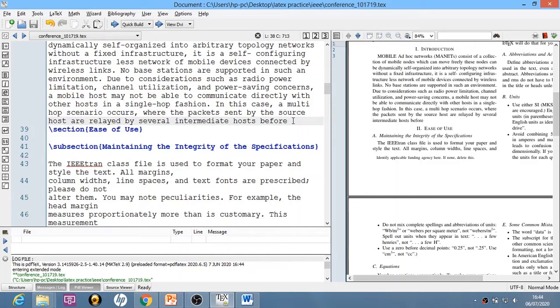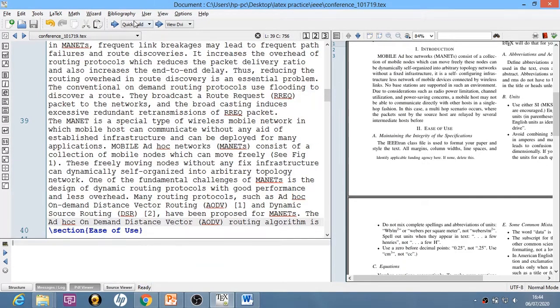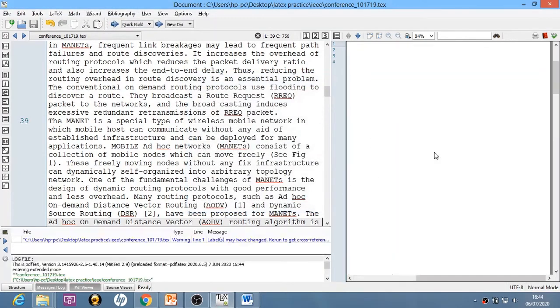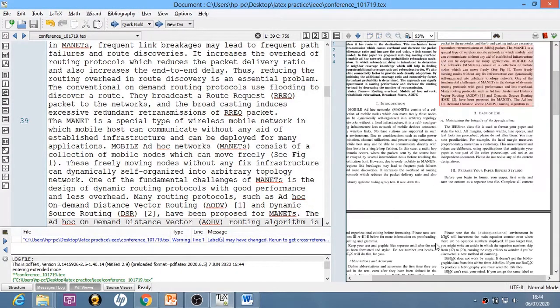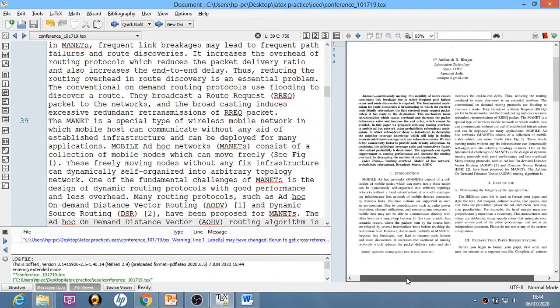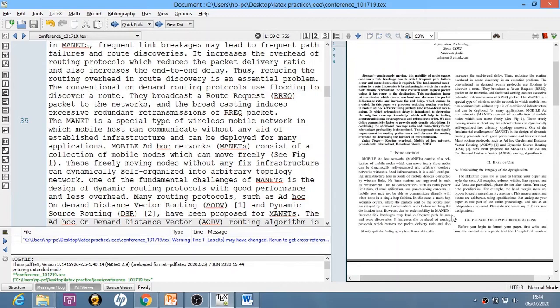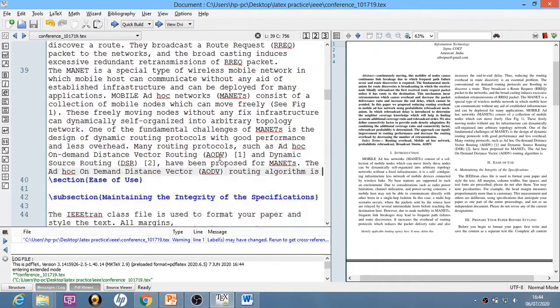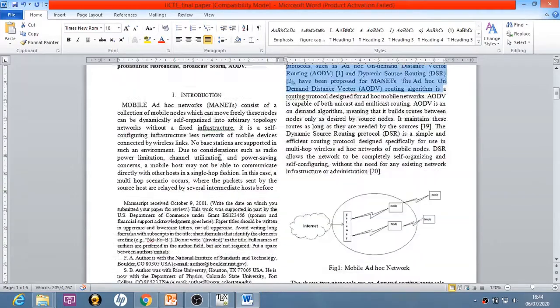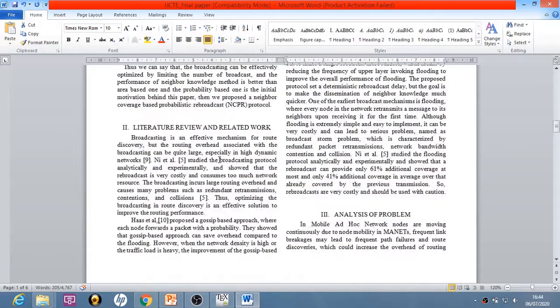So below this introduction I will paste the remaining data and again I will compile it. Okay, so you can see that your thesis in IEEE format is being designed.